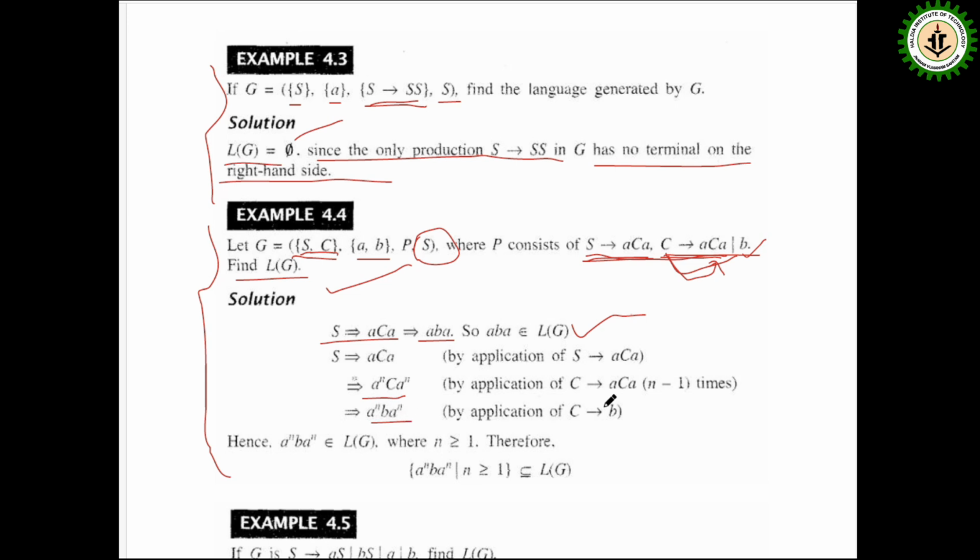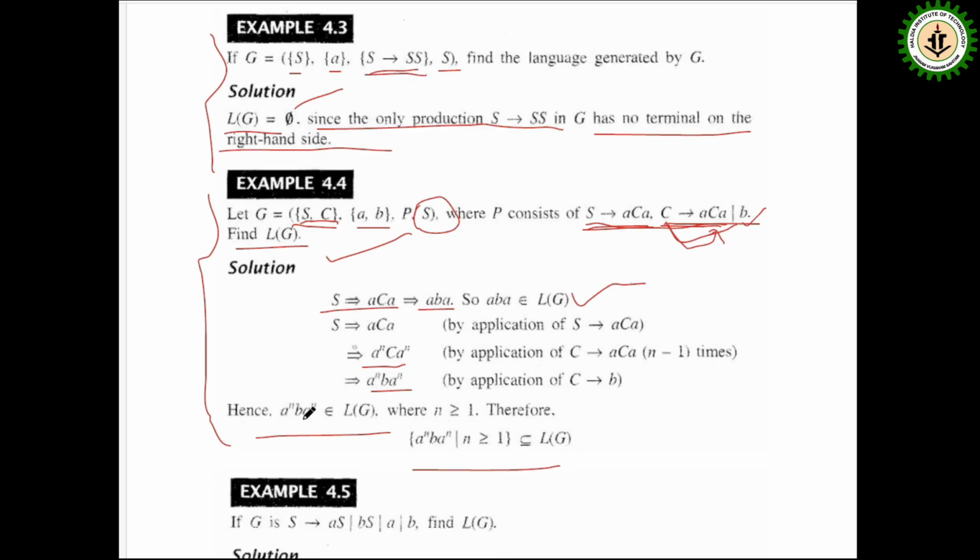So what is the language generated by the grammar in the end? Finally, we get A to the power n, B, A to the power n, which belongs to L(G). And here the value of n is greater than or equal to 1. Here, we note that